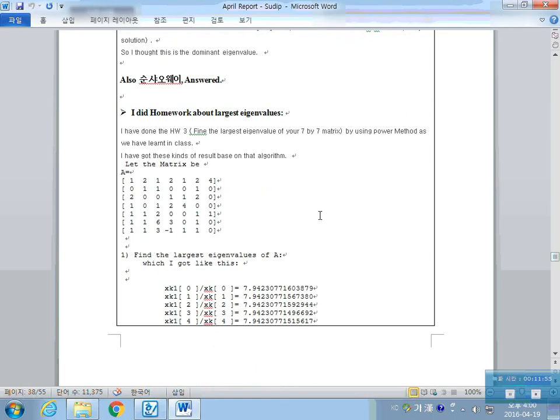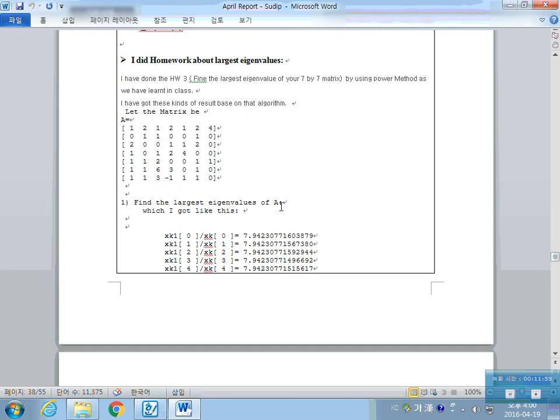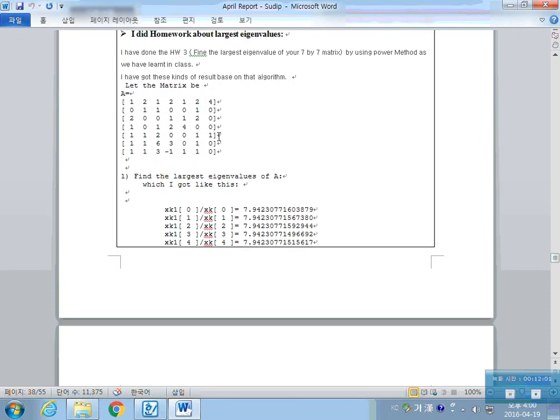So as I mentioned before about the largest eigenvalue, I tried to find out this one, how about in